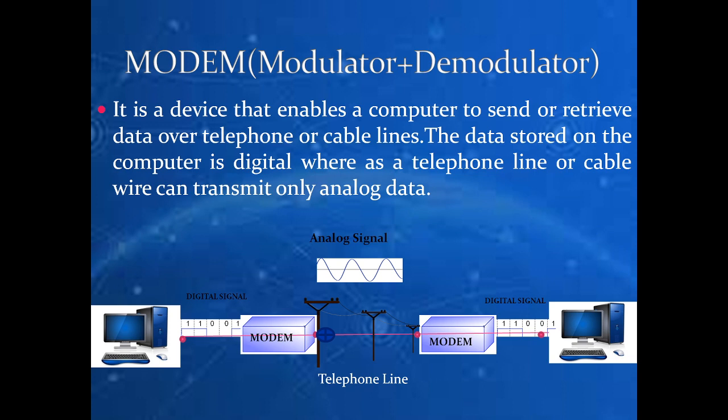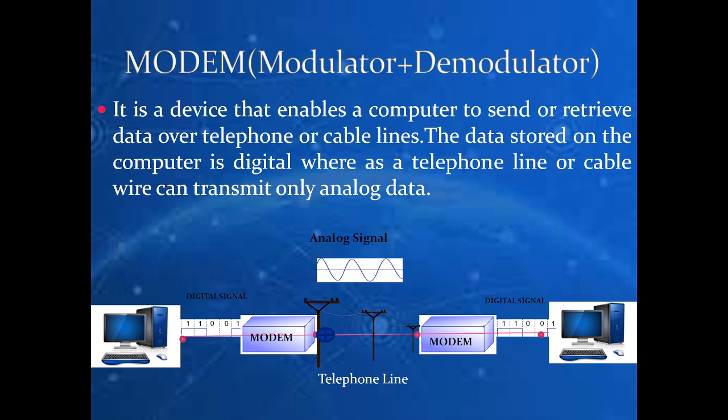Now what is the purpose of using modem? If you can see the diagram here, we are having one computer here. Okay, here we are having telephone lines and another computer is here. So when we are talking about telephone lines, beta, our voice is an example of analog signal, okay, but the data which are stored in computer are in the form of digital signal. So if we want to transfer our data from digital to analog or from analog to digital, then one device must be there which will interpret it, okay.